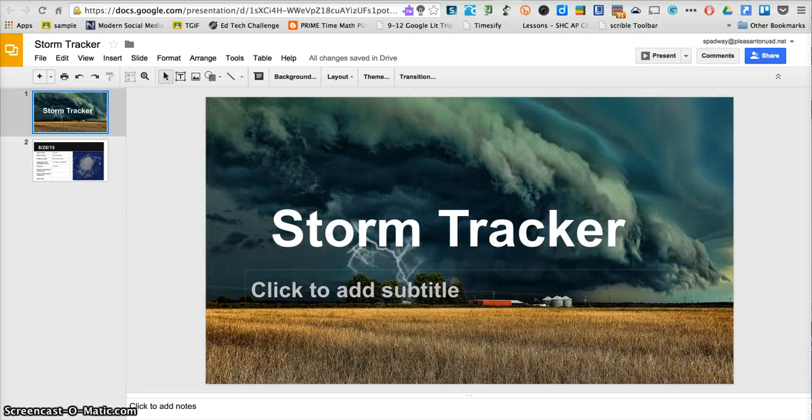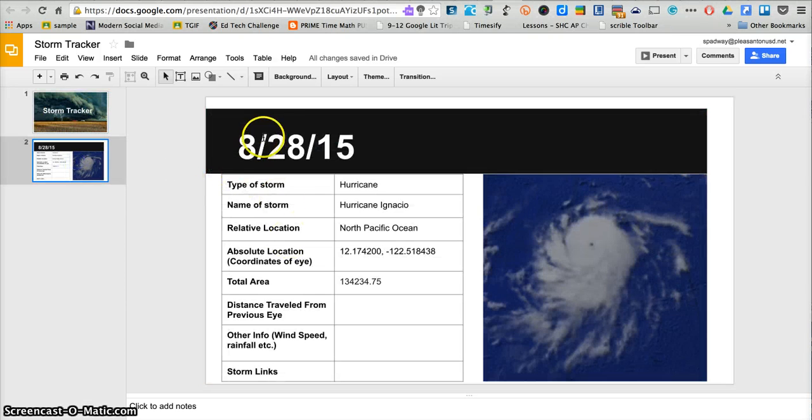Hey, storm trackers! This web tutorial is going to show you how to get the data that you'll need to complete a slide on the storm trackers presentation. So you'll notice we have a sample from August 28th, 2015 that is up on here. And what we're going to do is pretty much recreate this information based on the status of